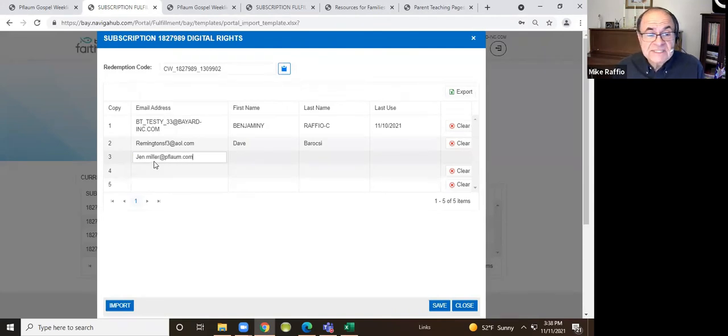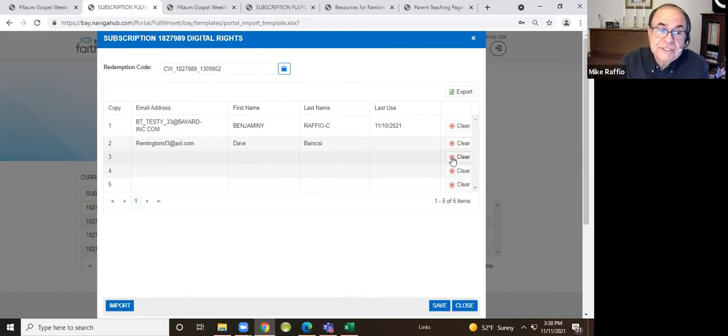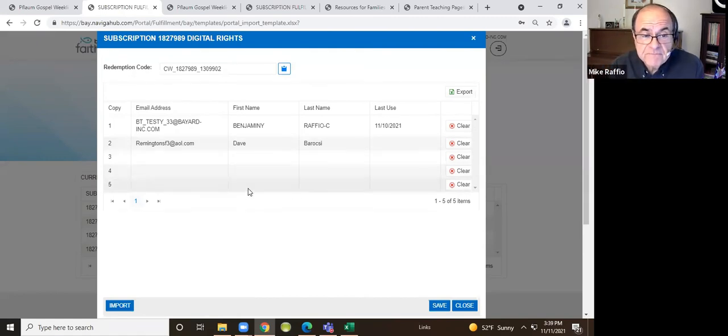Or, for example, let's say you've given access to 5, and only 4 have registered, and the 5th child has never registered, and you want to use it for somebody else. That would be fine. You can enter somebody else's name if that 5th one has decided they don't want to use the digital, or they never have. So you have control here. Even if you have given them the codes, you have control here.